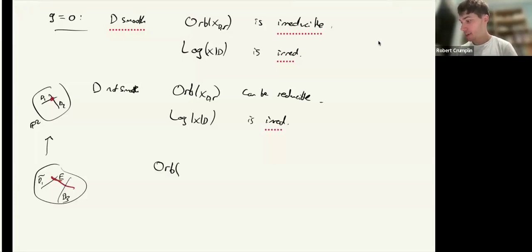On this blow up, we can consider orb of X, where maybe D tilde is just D1 tilde plus E plus D2 tilde. This can now be smooth, so